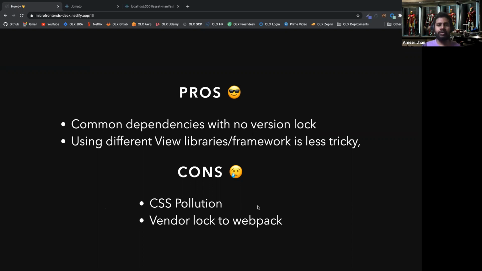That's kind of fine for some scenarios when you want to just do some tech upgrade, and at some point in time when the other team also migrates to React 17, you would have a single common bundle. So when there is a common dependency, it shakes it off into a single bundle. If they are not common, then it takes the two versions of it and keeps them so that both the micro contents work. And using different languages is not going to be that tricky as much. Okay.